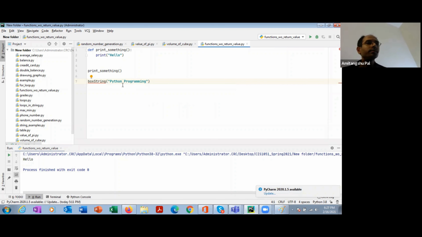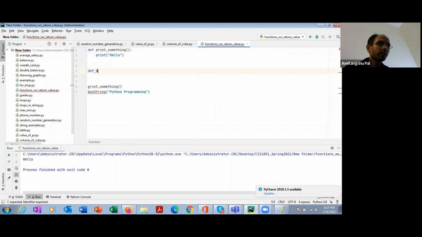Let's see how this works. Now it is showing a red underline because I didn't define it. So let's define the box string function, and it is taking one string. Let's call it content.